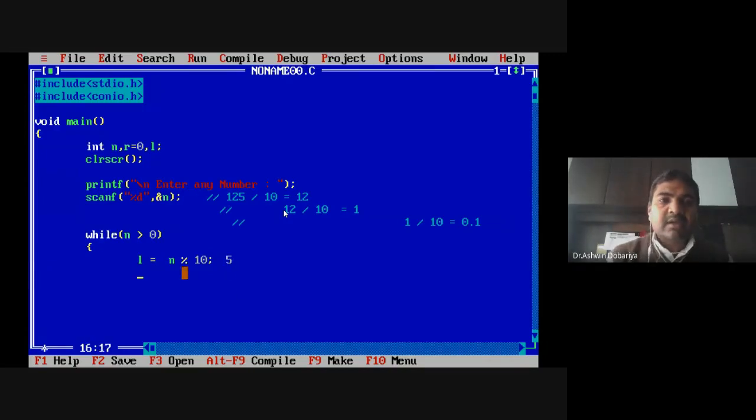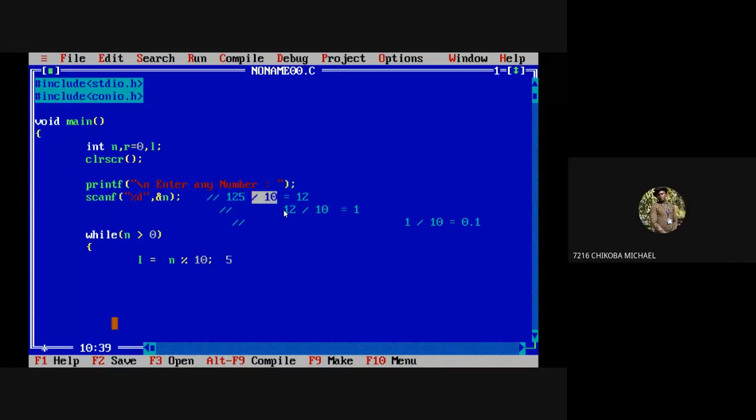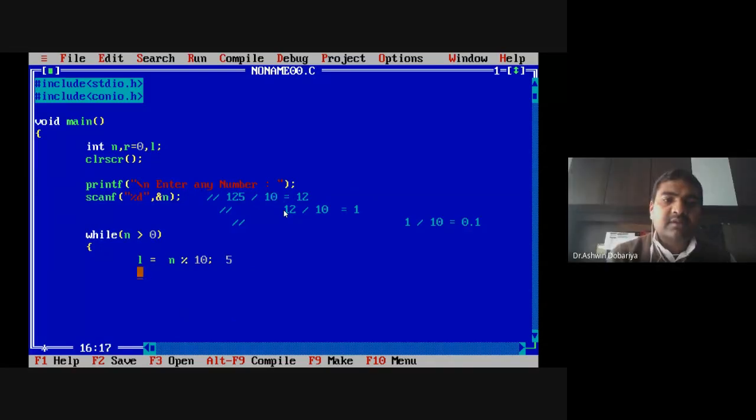After that, if I want to separate 2, then I have to convert my number from 125 to 12. How can I convert it? So n is equal to n divided by 10. I hope it is clear up to this.